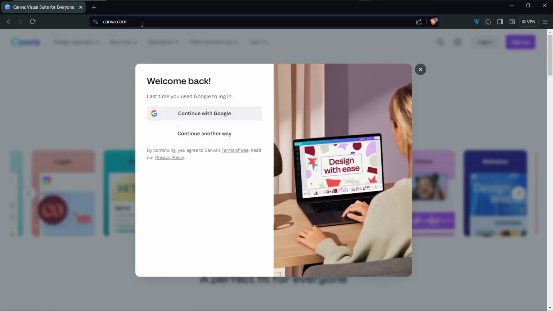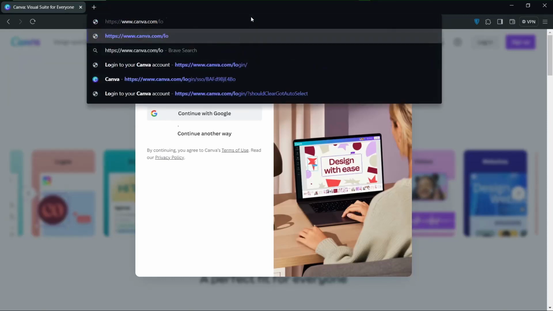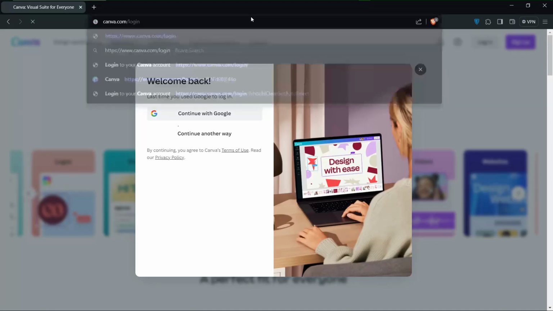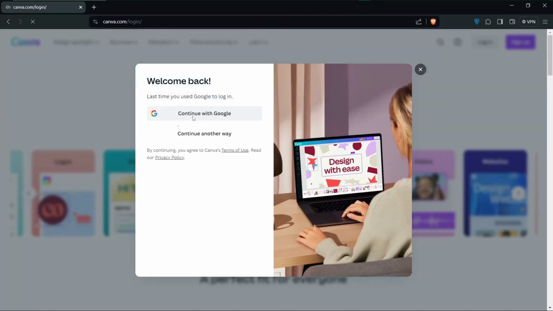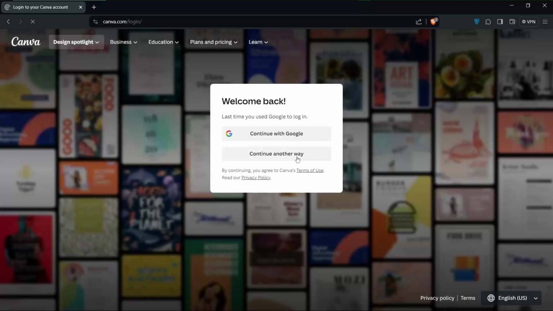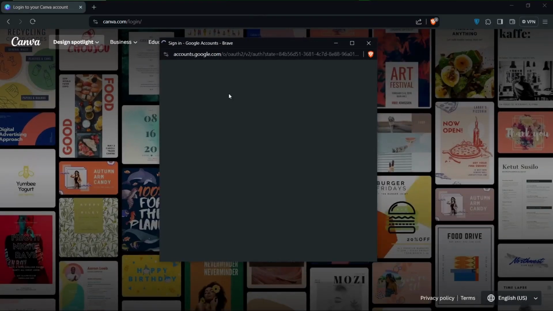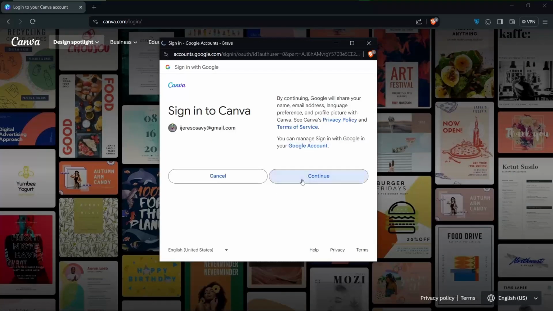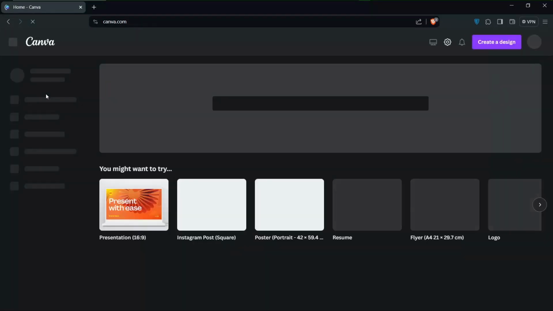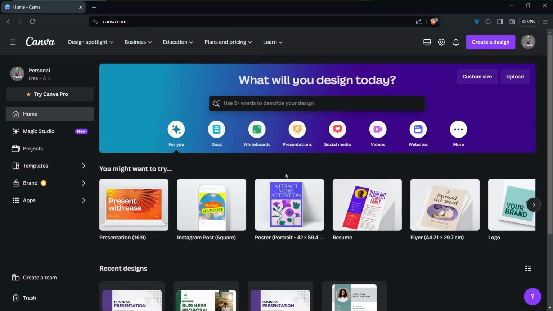Now there is another way of doing this. You can go to canva.com/login, and this should equally take you to a page where you can log in. But whichever you prefer using will work. So what I will do is click on continue with Google, because I have my account set up using Google. So alright, from over here what you can do is go under this one here that says website,